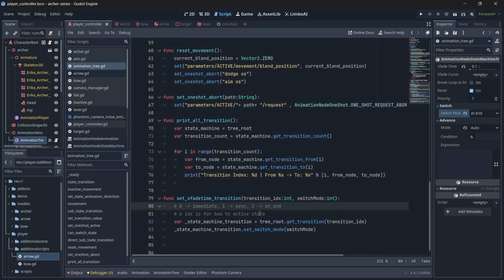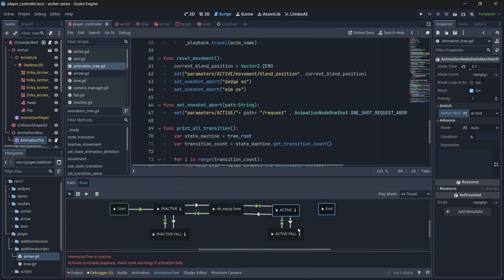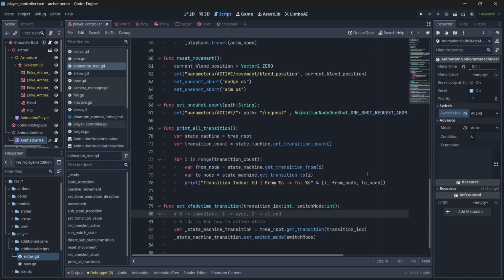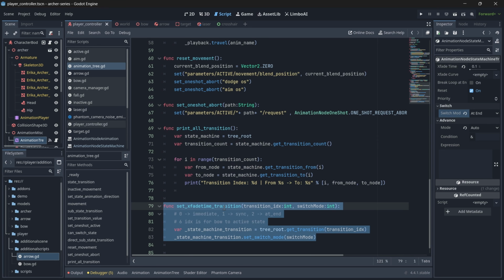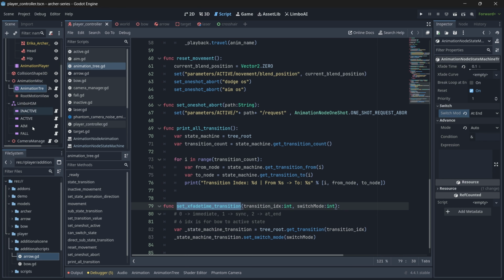Okay, so if you want to change it to immediate, then we'll pass the switch mode as 0, for sync it's 1, and for at end it's 2. All right, so just to set this transition, we do a lot of drama over here, and yes, this is how it works. So all right, let's copy this function name, and now